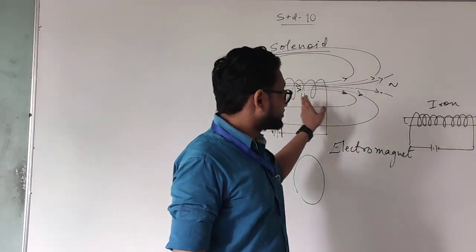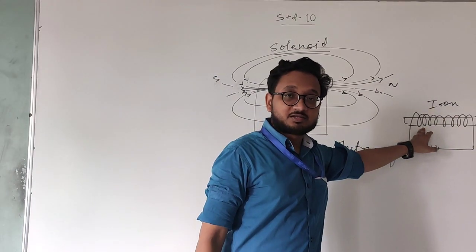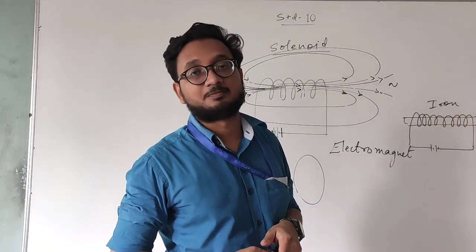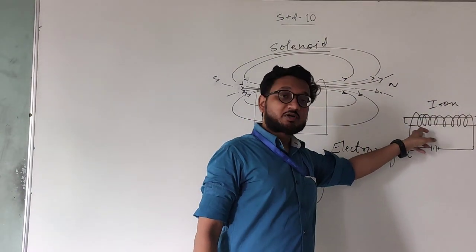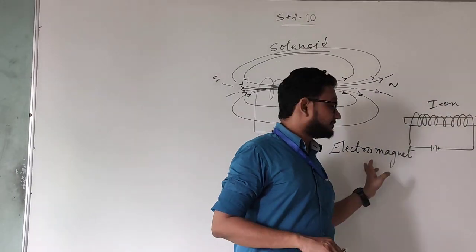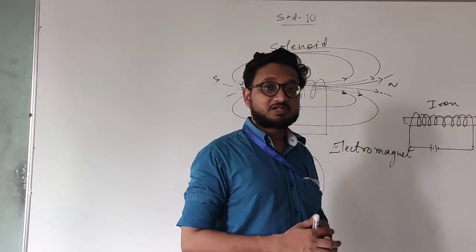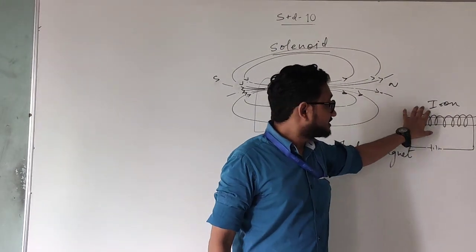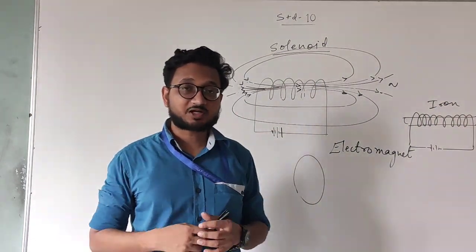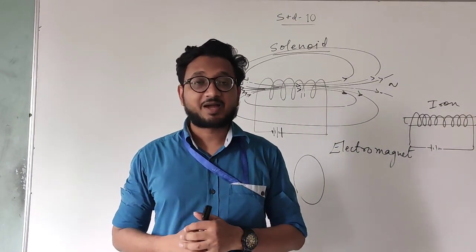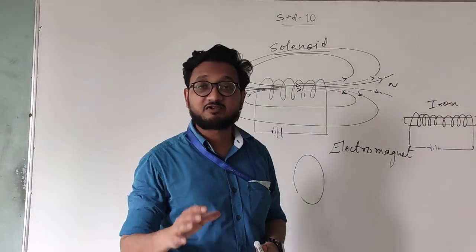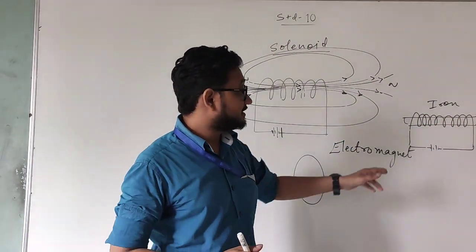The same thing applies here as well. More number of turns, then the magnet will be strong. More current, then again the magnet will be stronger. An important thing is the conductor that we are using. If it is a very good conductor, the magnet will be strong. And the good thing about this is, as soon as you remove the battery, this whole setup does not have a magnetic field. As soon as you remove the batteries, or stop the current flowing in the conductor, the conductor will remain as it is, and there will be no magnetism present in that conductor.